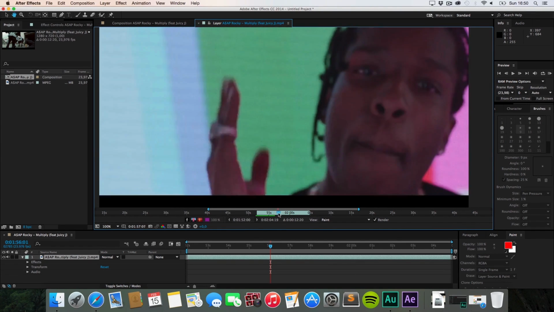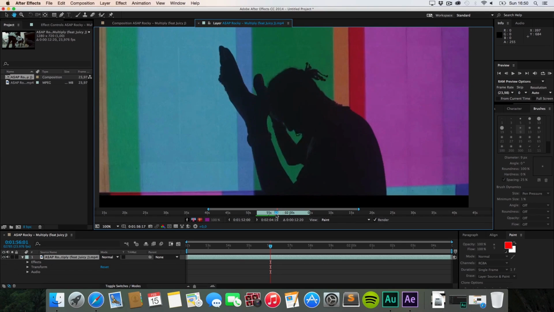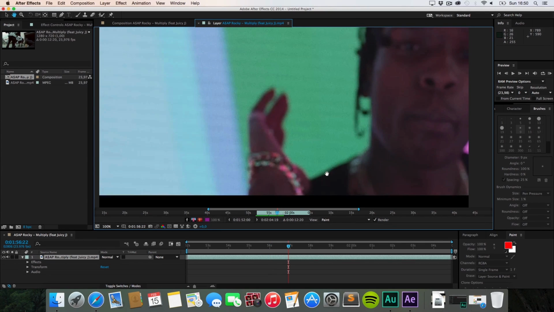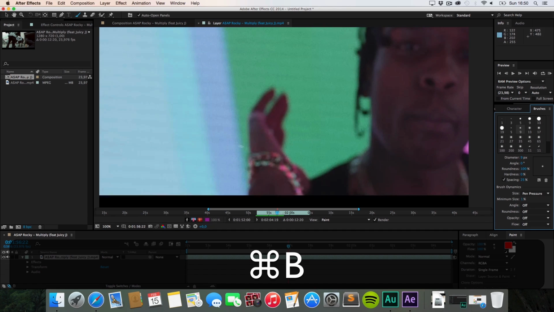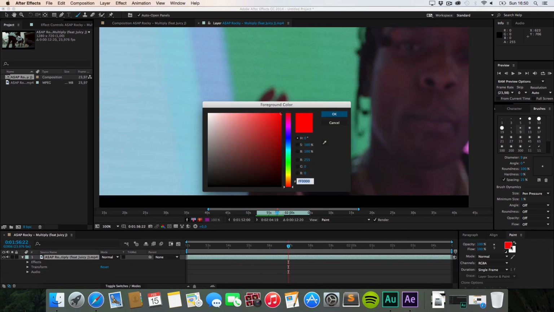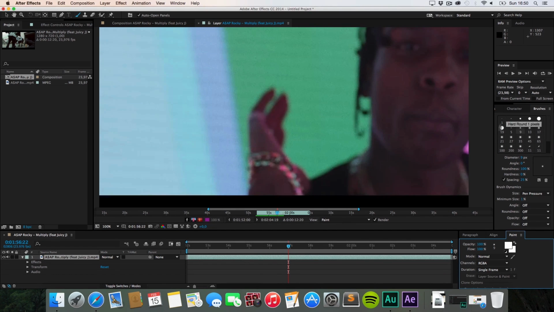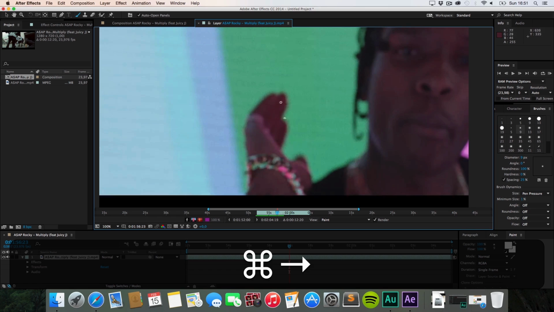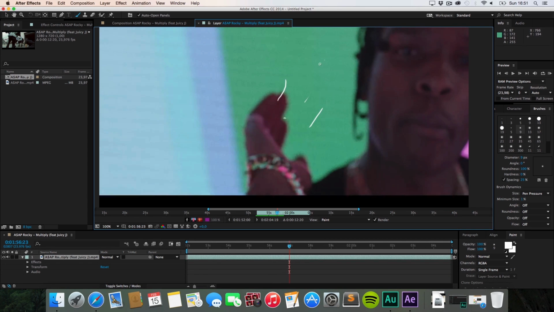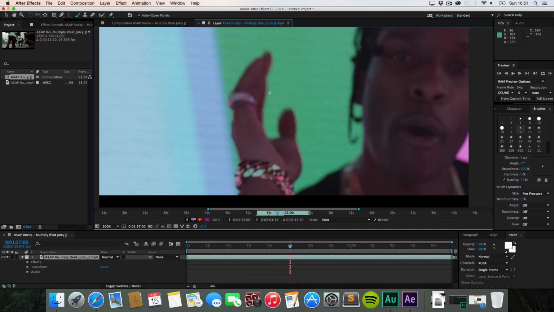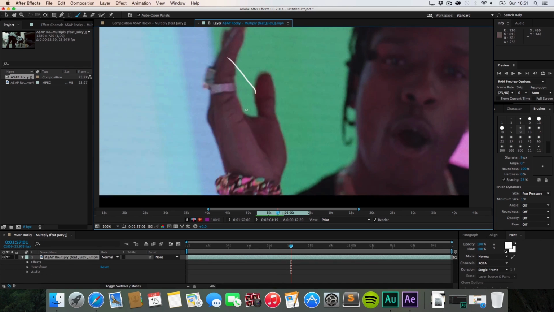Well, next up was the animation of his hand, and it's basically the same thing again. Command B to get our brush, or click on here, change the color to white because everything's pretty dark in the background, and grab our soft brush, and then we're just going to imagine how the force on his hand looks. I've just drawn those silly lines right here, not very professional right now, but it works as an animation. It looks pretty fluid and cool. So just imagine how his hands are going to move next and draw some lines according to it.